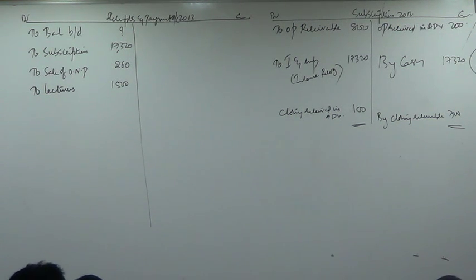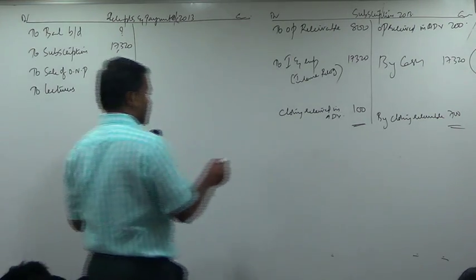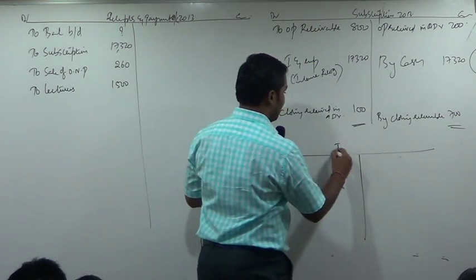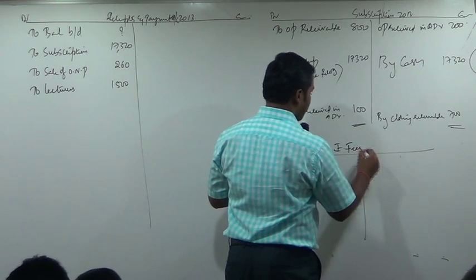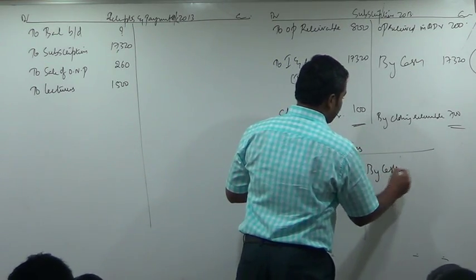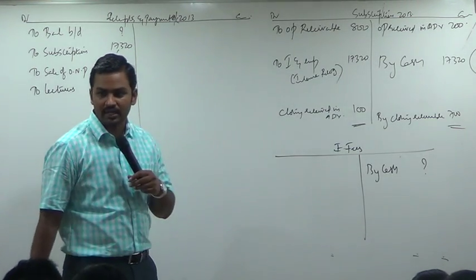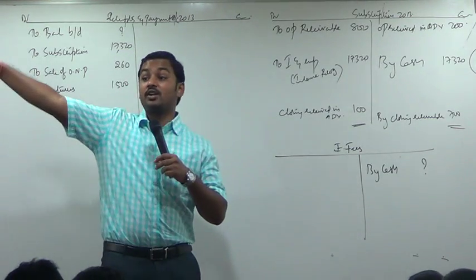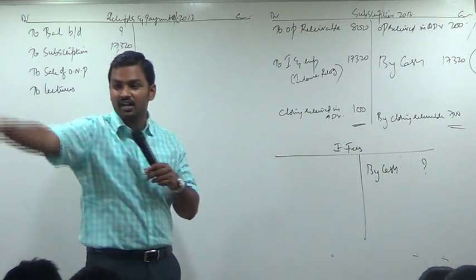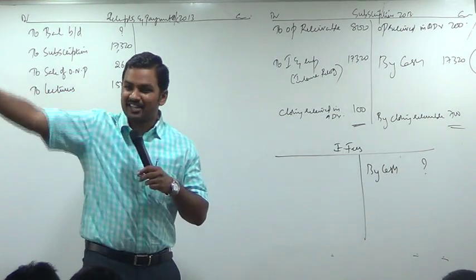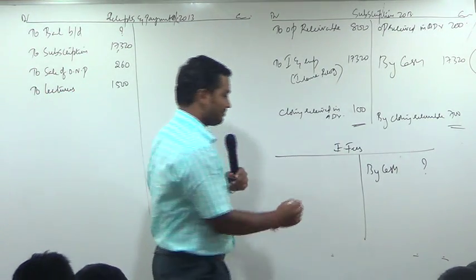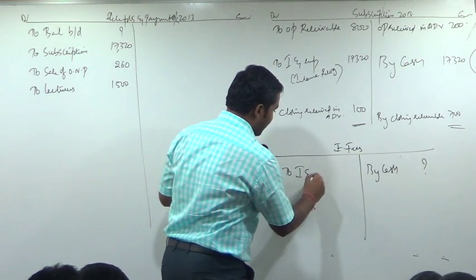Listen to me carefully. Entrance fee collected, cash account debtor to entrance fee account. Let us assume we don't know it. Entrance fee by cash, question mark. We don't know how much was collected. How much was credited to income and expenditure account? 1300. If income and expenditure account is credited, this account is debited. To I&D